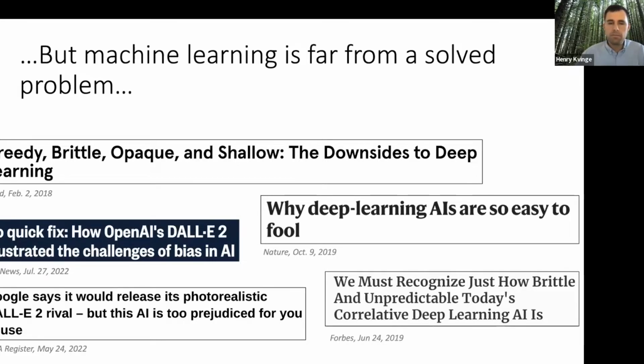So the current machine learning methods in general are easily fooled by spurious correlations in the data. There are adversarial examples that can fool them. They take in all the biases that are present in internet data and a host of other things that are maybe not so desirable. So there's a lot of work to do. And one of the things that I'm hoping to get across is that there's definitely a role for mathematicians in all of this. It's just a matter of us finding the right problems to work on.